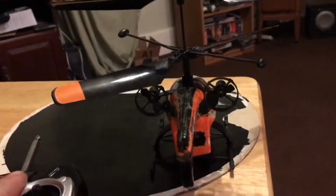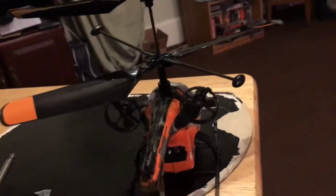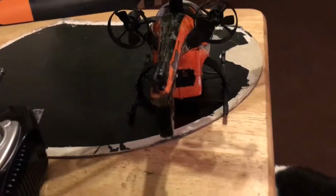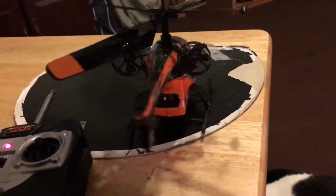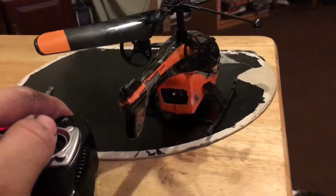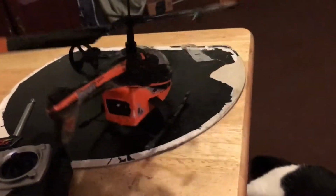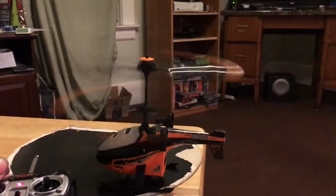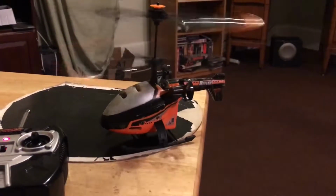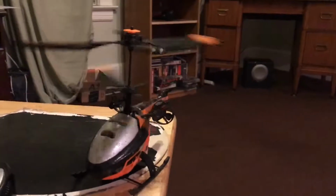And then when you press right to yaw right, the right motor will blow backwards, while the left motor will blow forwards, so that it will spin like this. And then when you put stick to the left, it'll be the reverse of the right input, so it will yaw to the left. Pretty interesting how that works. And then there's a quick sample of the throttle. It sounds incredibly weak. It's barely even going to hover off the ground at this stage, so probably going to charge a little more,